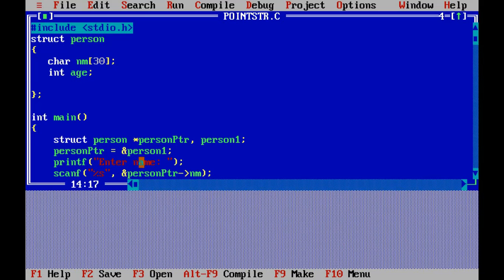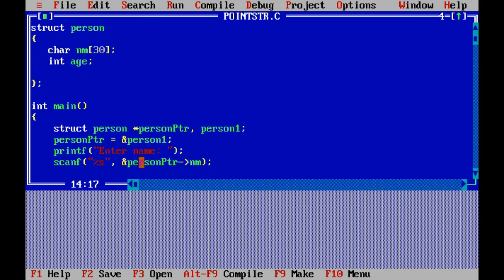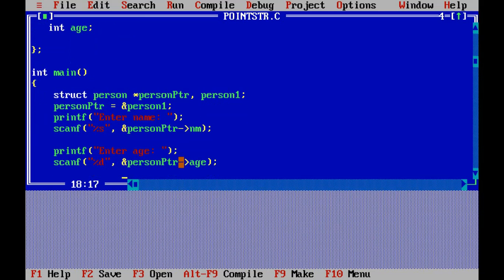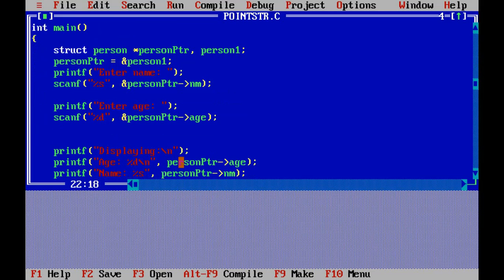Then enter name. The name is stored through the pointer, personptr arrow name. When we are using a pointer, we use the arrow mark. Then enter age. Age will be stored again with personptr arrow age. Then to display the age and name, personptr arrow age and personptr arrow name.